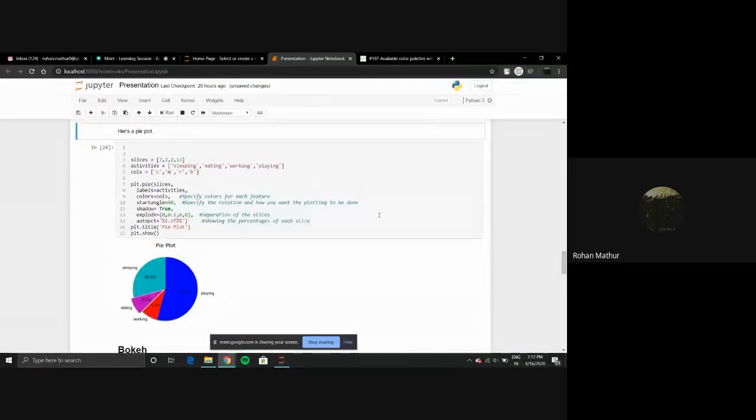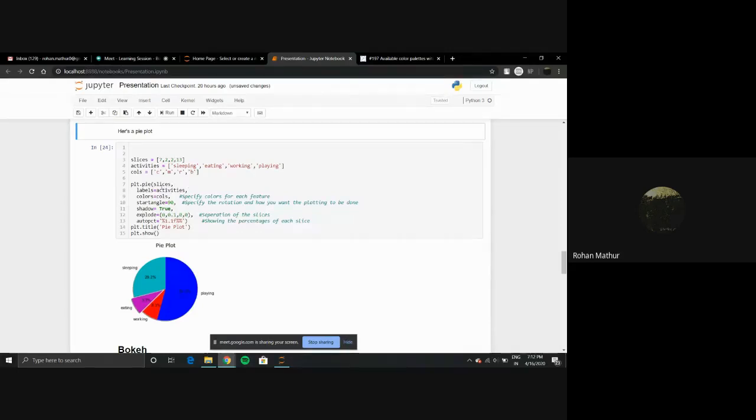One more example here. This is the last for matplotlib. This is the pie plot. Pie plot, we must have used it in our high school, so somehow we have a basic idea what it is. So I'm just taking an example here and passing in parameters. We're going to just be focusing on what the parameters are.